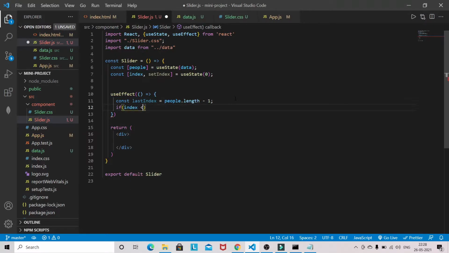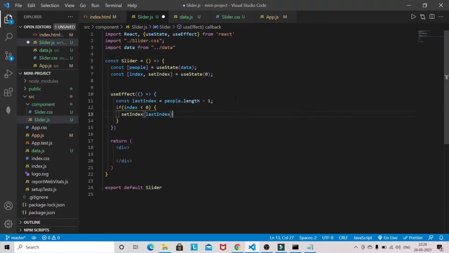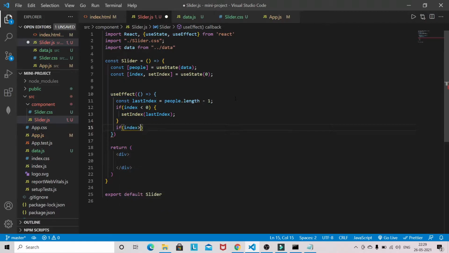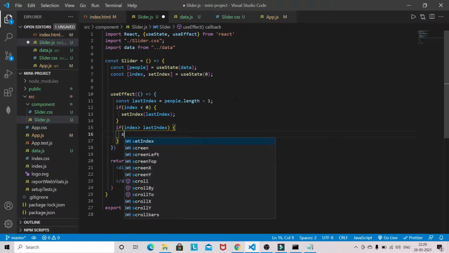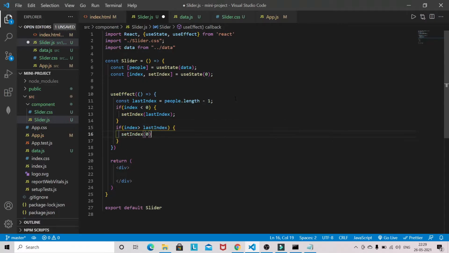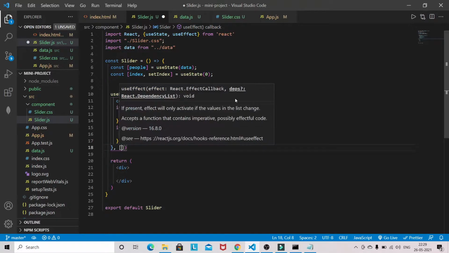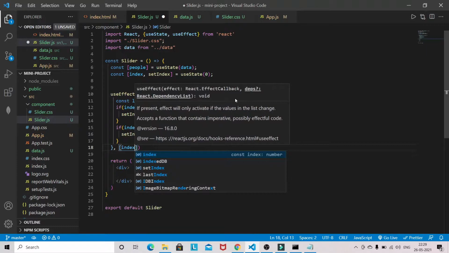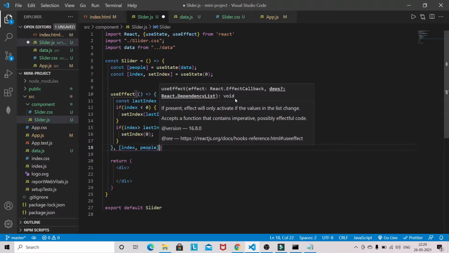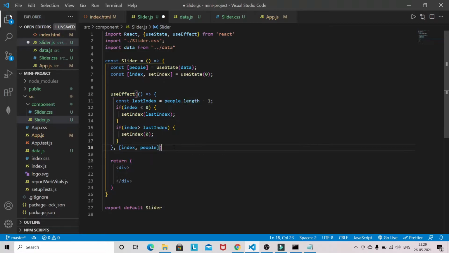If index is less than 0, set index to lastIndex. If index is greater than lastIndex, then set the index to 0. And here we have to watch the index, so this effect will run when something changes in index or people.